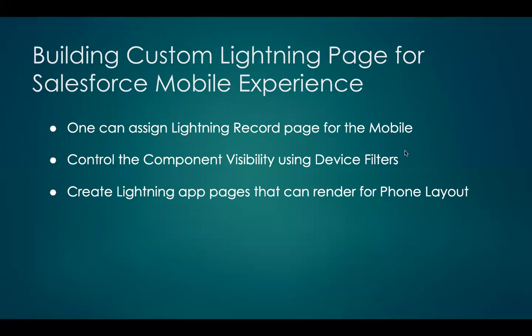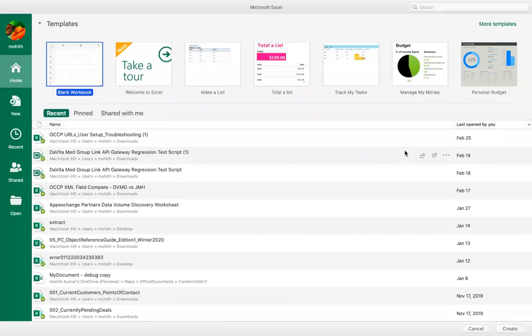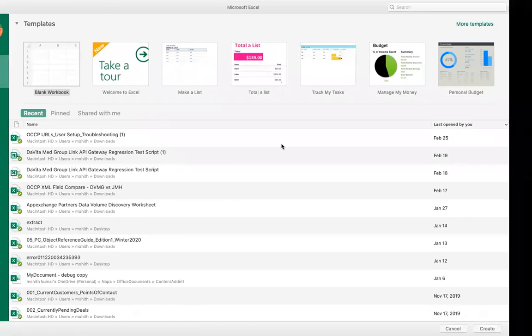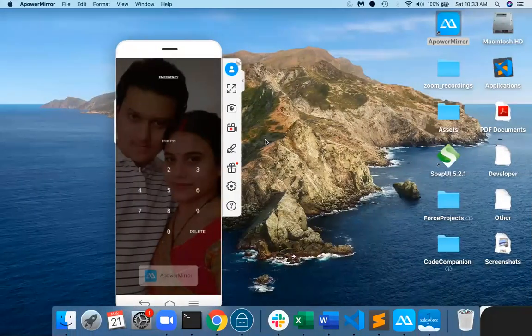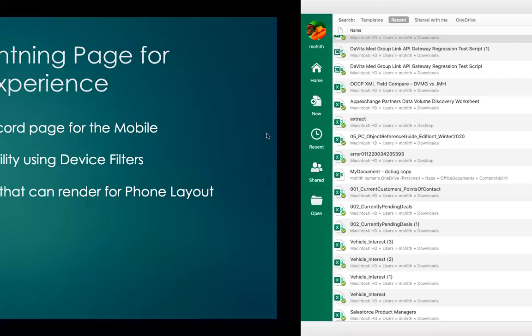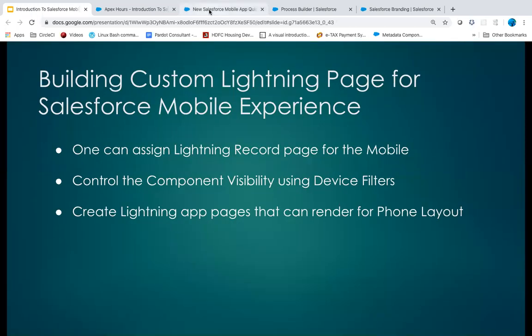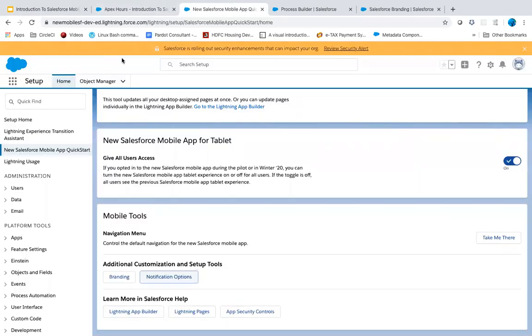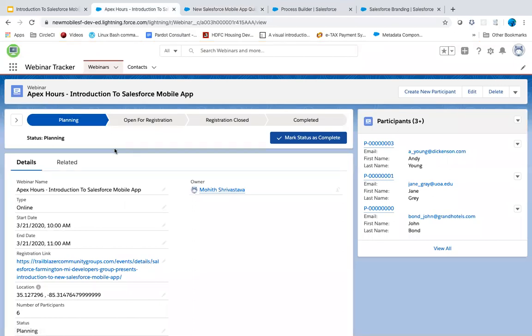Building custom Lightning pages for the Salesforce mobile experience, right? So what does this mean? Today, if you go to Salesforce, let's say, for example, this one, the webinar detail page. This page, I have configured for both mobile and